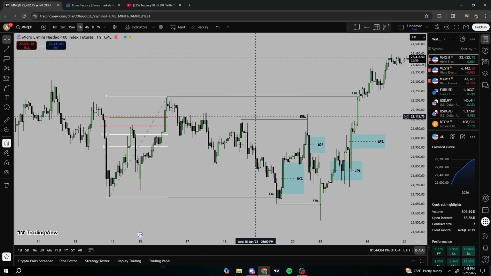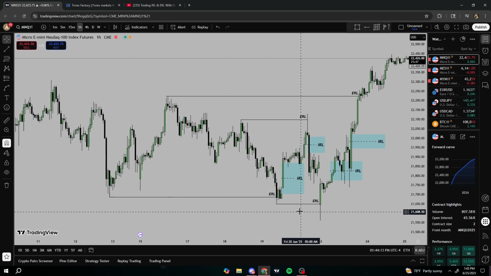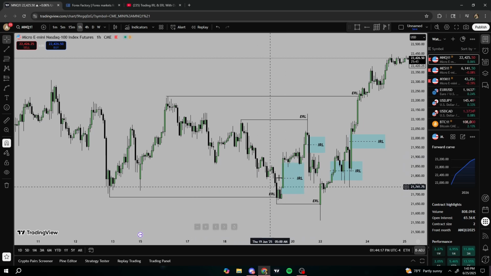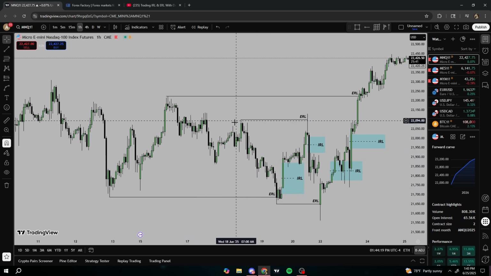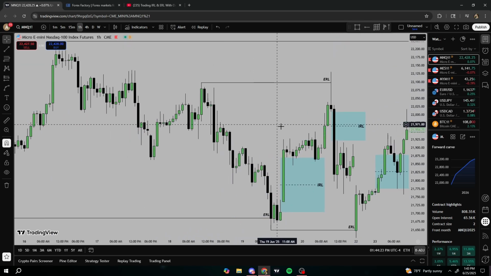Alright, and then we come here, we take out one side of the range. Everything in here is internal range liquidity, external range on the extremes of the range, right? So I take out the internal range, create a fair value gap, come back down into it, take out this external range. Why is this external range? Because this in here, again,